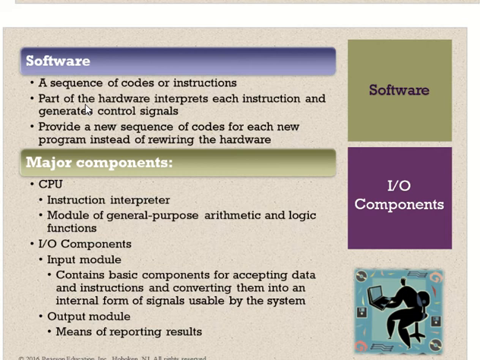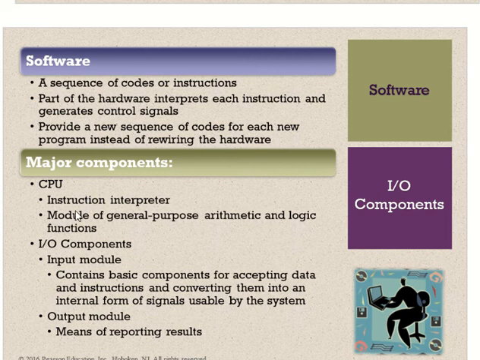Software means a collection of instructions, and in your computer system you have some section of your hardware that interprets each instruction of your program and generates control signals, and your program operates in a way the ALU performs based on the control signal. Okay, the major components of the computer system.